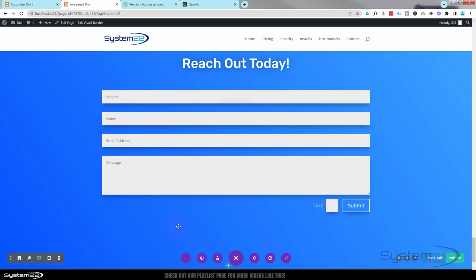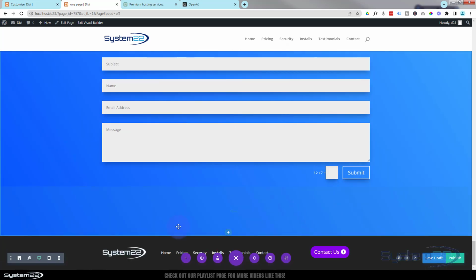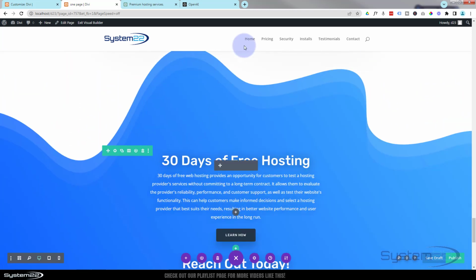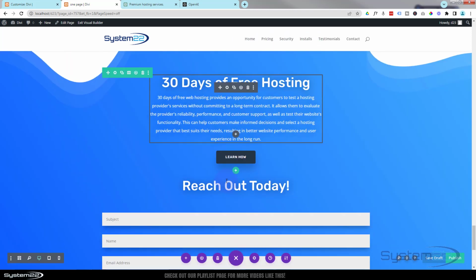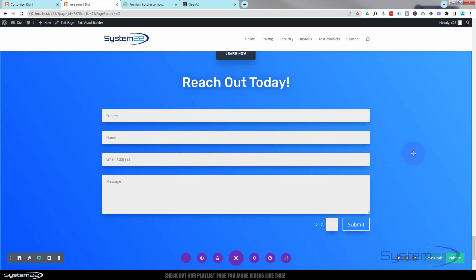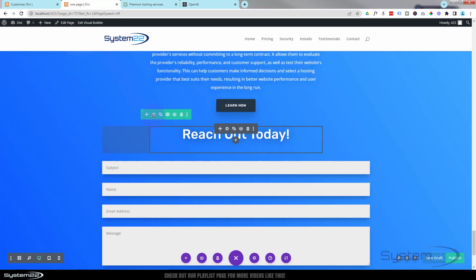Great. Well, that's most of our website done there. What we need to do is create a menu so we can scroll to all these sections. And if we want to scroll to all these sections, we've got to give them a CSS ID each. So here's our contact section. I'm going to have it stop right here where our row is. So let's go into the row,